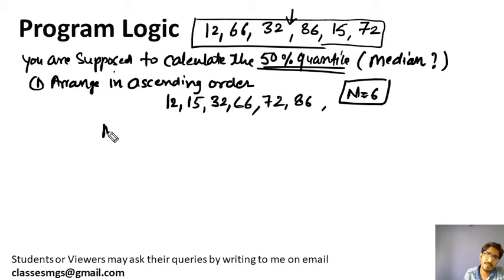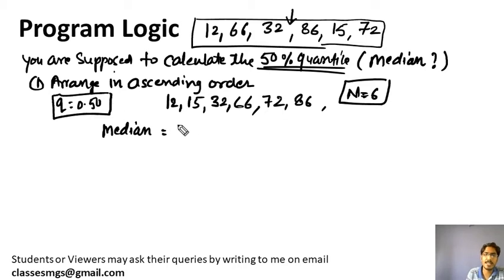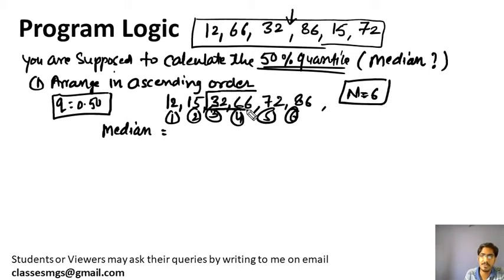Now the median, or 50% quantile, you can very easily calculate by arranging the data set and finding the middle element. So here first, second, third, fourth, fifth, sixth. There are 6 elements, so there will be no one middle element. If the data set had only 5 elements, then we could directly say 32 is the median. But here the total number of values is 6, so there is no single middle value. There are two middle values, 32 and 66.